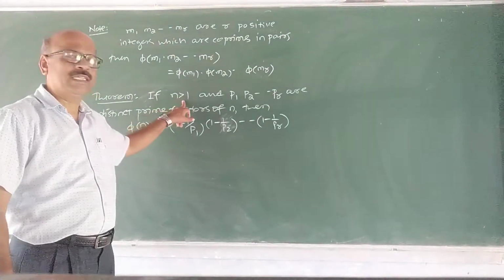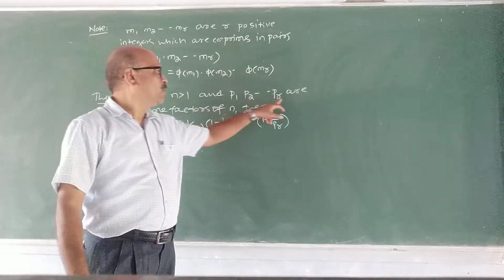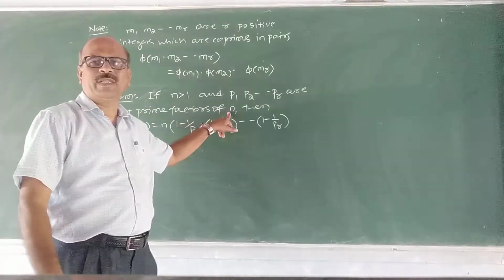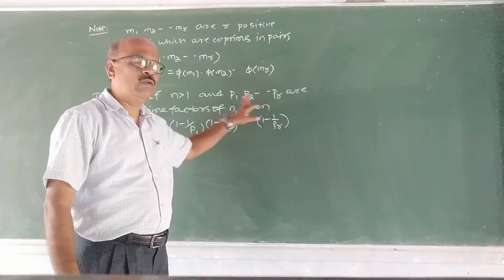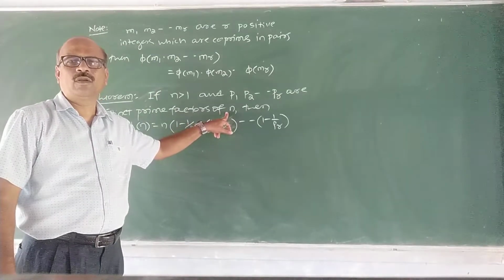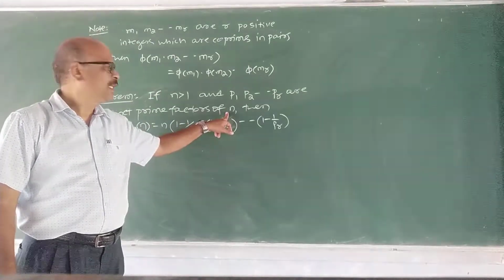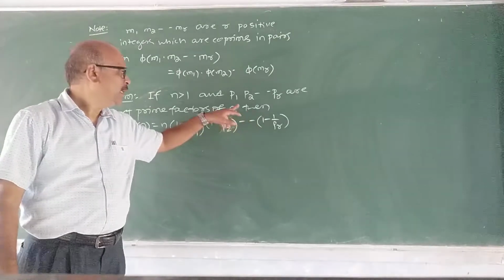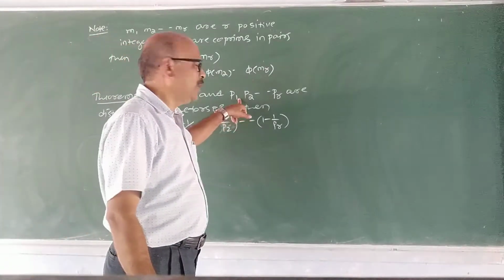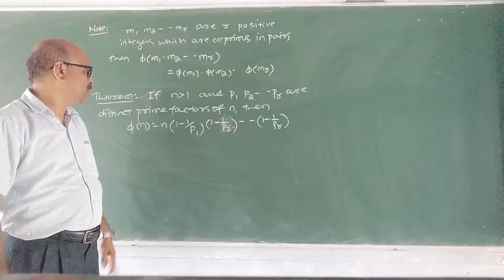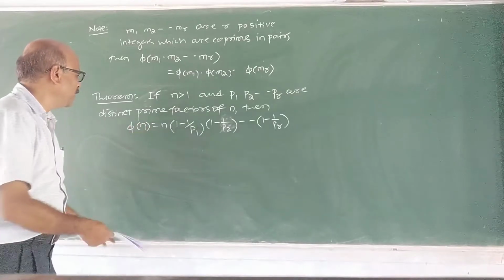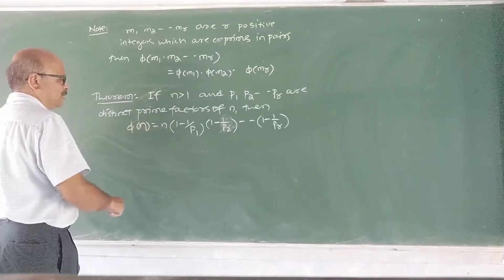Suppose n is any integer greater than 1. P1, P2, Pr are prime factors of n. In the fundamental theorem of arithmetic, you have studied how to express positive integers in terms of only prime factors. It is the unique factorization theorem. We can express any positive integer in terms of only prime factors. Suppose P1, P2, Pr are prime factors of n, then phi of n, Euler function of n, is given by this. Proof is